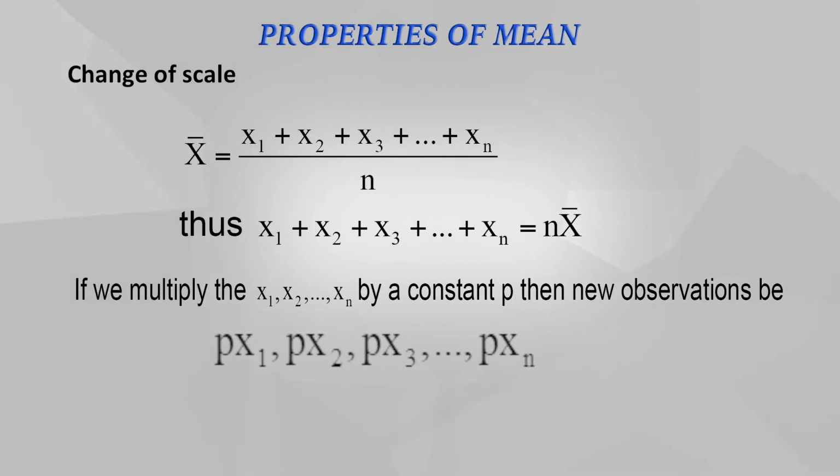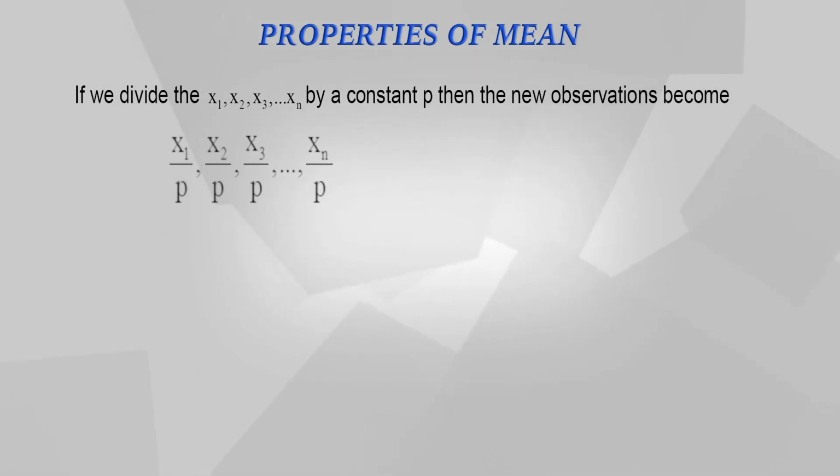And if we divide the observations in the data x1, x2, x3 up to xn by a constant p, then the new observations will be x1 divided by p, x2 divided by p, x3 divided by p up to xn divided by p. Now, if we calculate the mean from the new observations which have been obtained by multiplying or dividing the observations,